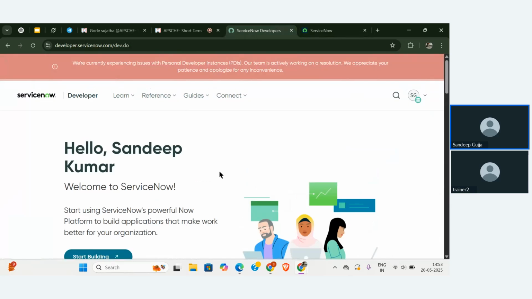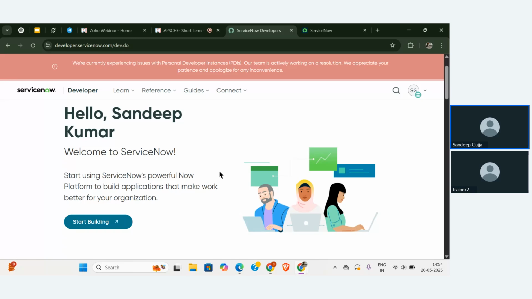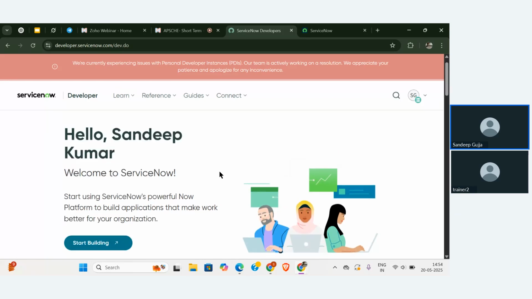We are going to implement each and every concept that we learn in ITSM. On this ServiceNow website, you are going to see a few more options, so let me demonstrate what the other things are and what they are used for. Then I will go directly into the personal developer instance and brief you on what is there, what the major interface is, and what predefined applications we have. Everything will be explained in today's session.